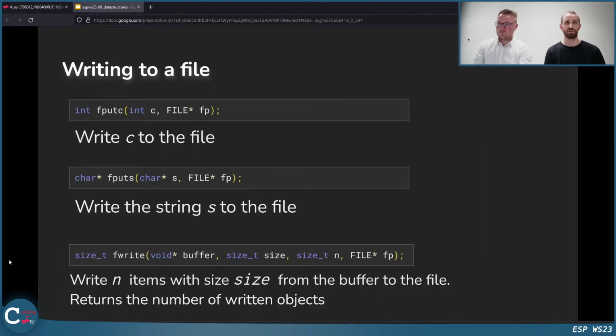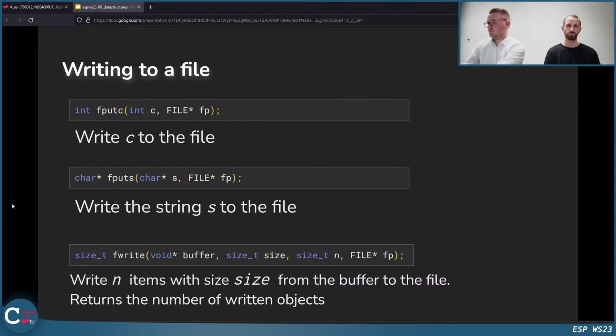When we want to write to a file, we can use pretty similar functions. It's just put instead of read. It's fputc, which writes c, the character c, to a file. It is an integer here because you can also write not only ASCII digits there. fputs, instead of fgets: you have a string and you can write it to the file.